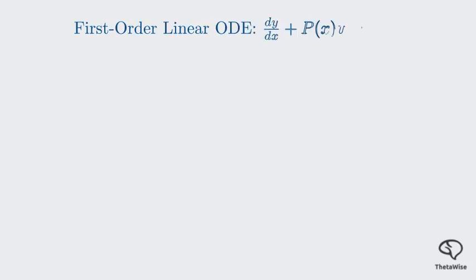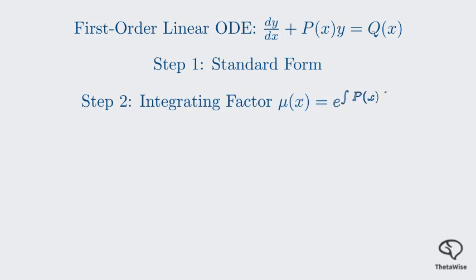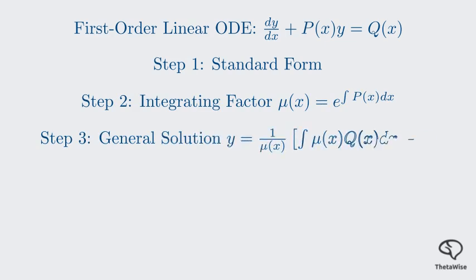Let's quickly review the key concepts we've covered. We learned that the standard form of a first-order linear equation is dy/dx plus P(x)y equals Q(x). The first step is always to ensure the equation is in this standard form. The heart of the solution method is the integrating factor, mu of x equals e to the integral of P(x) dx. This factor transforms the left side of the equation into a perfect derivative, which makes it easy to solve by